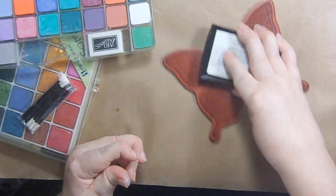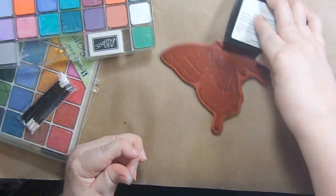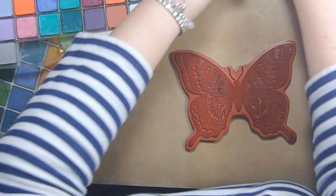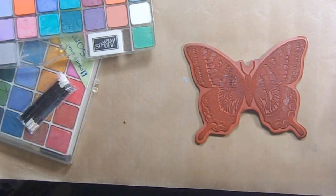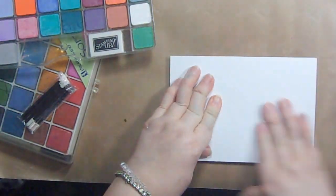Now you probably won't be able to see my background image, and that's okay at first. You won't be able to see it at first, but you'll be able to see it after I start coloring it. And I'm going to just lay this. This is Nina 80-pound cardstock. It's very close to